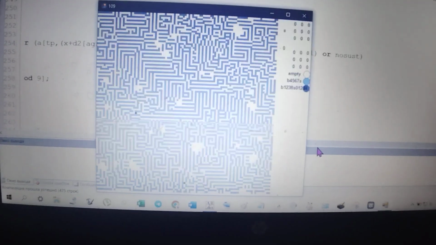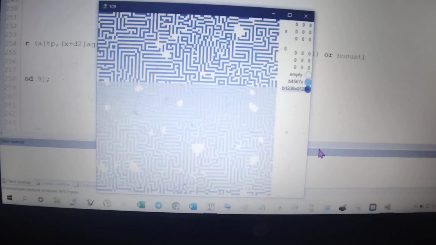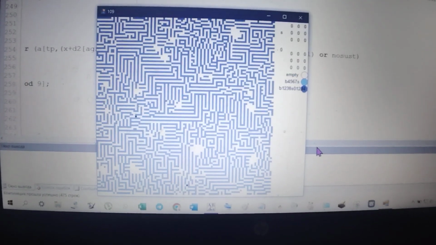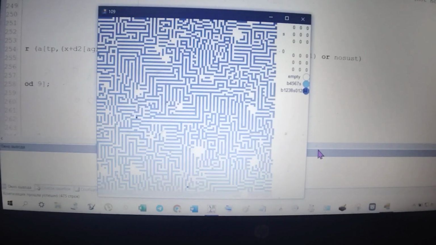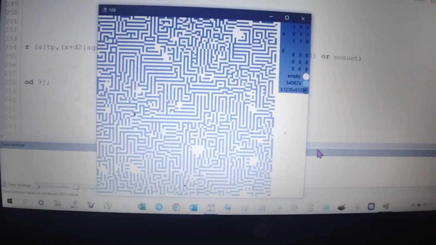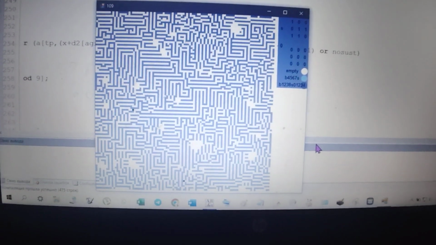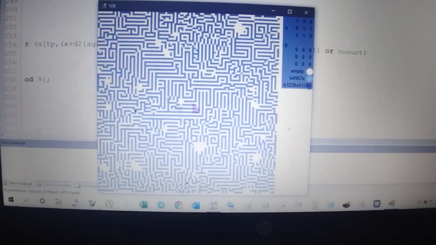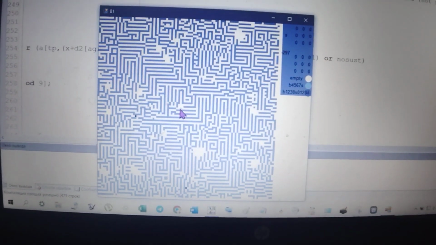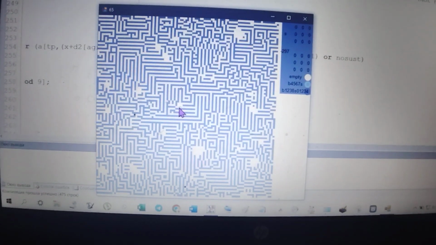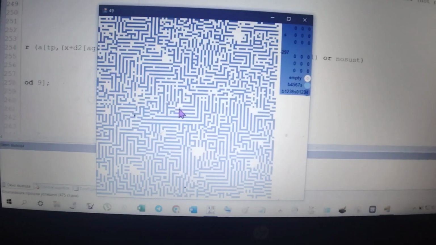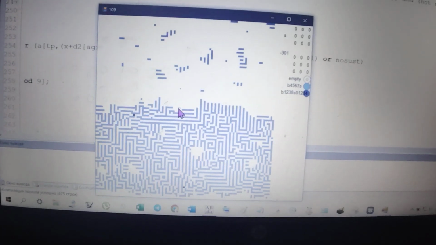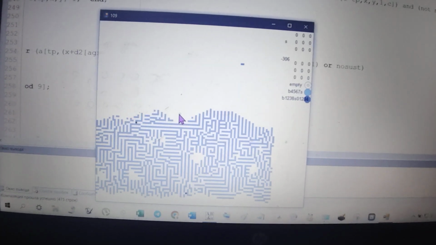I guess it's the latter way around, because yeah, the labyrinth one doesn't form a stable cycle every time. Sometimes it starts like this. Sometimes it starts to